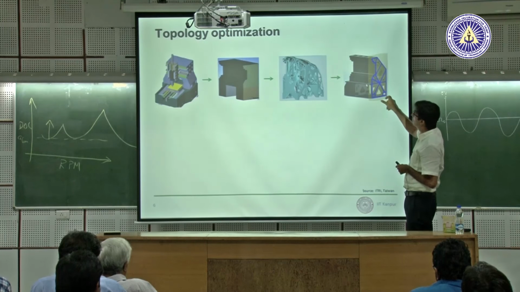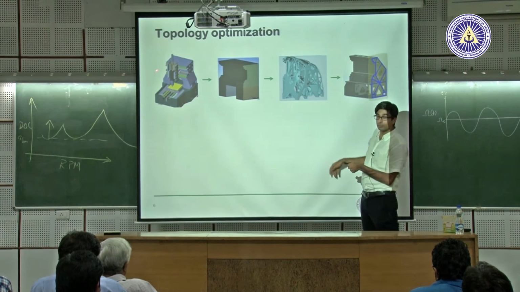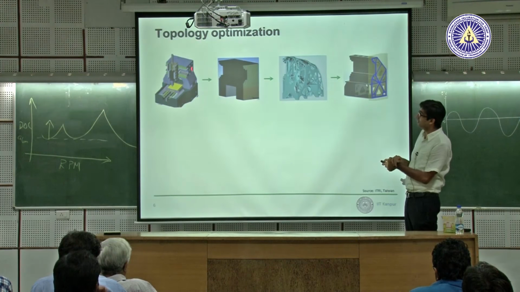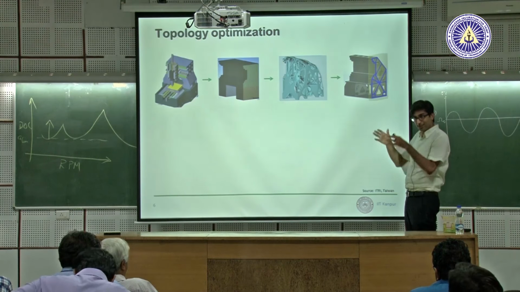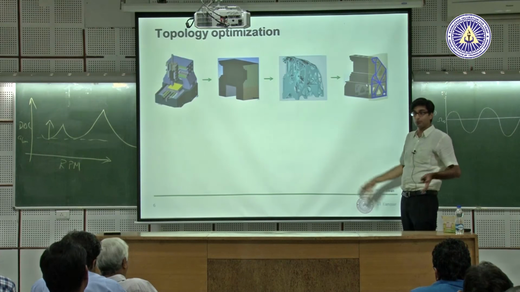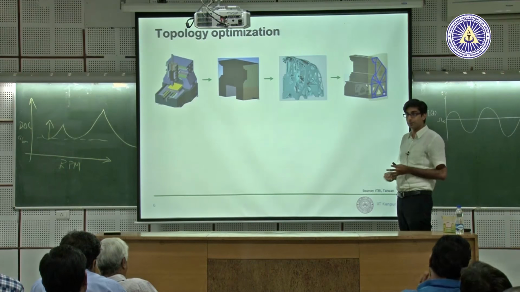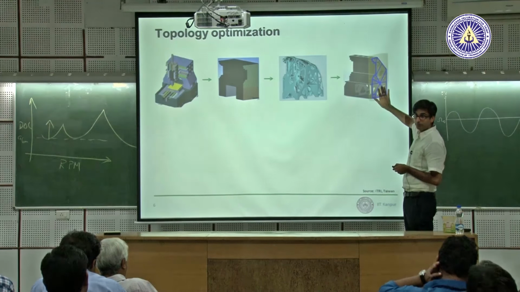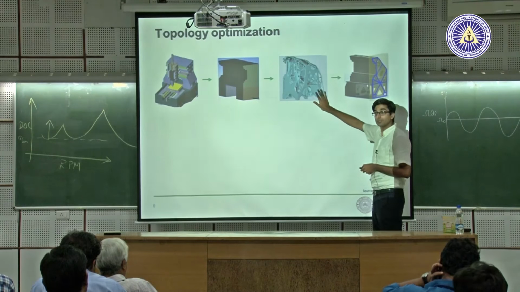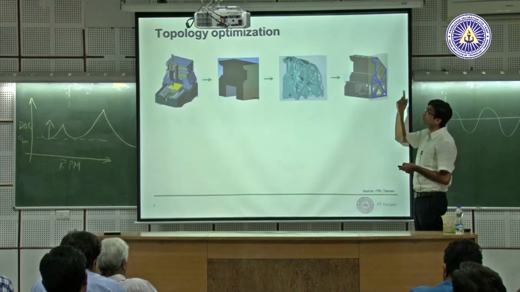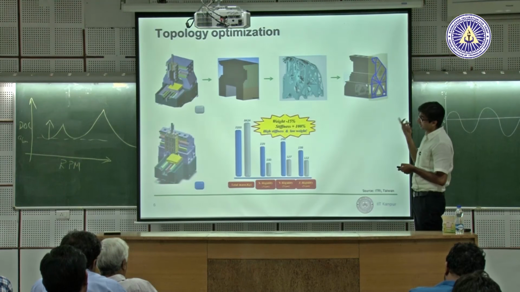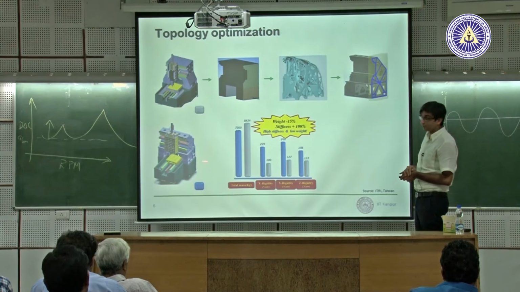But how do you know that this configuration is better than that configuration? If I ask you to design a machine, you'll start with this, most likely. You will say let's keep the taper, because you think load carrying is better when it is tapering. But you might not come up with this unless you go through a systematic investigation here. This is one component. You do this for each component in the machine. That's what they did.